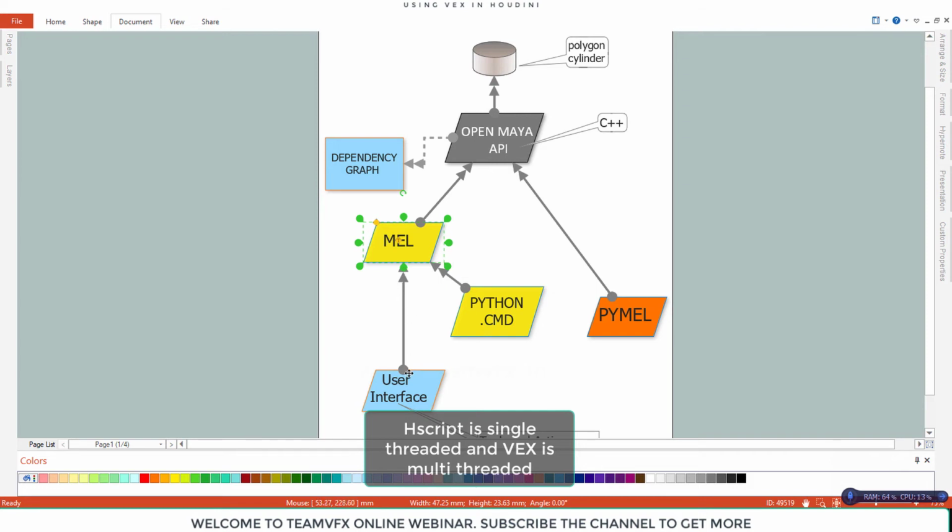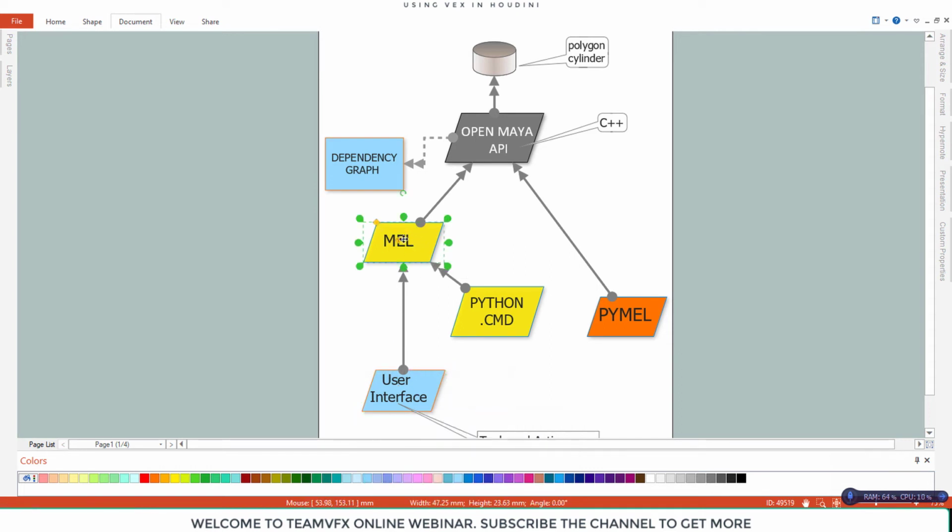And as we know, we have a connection going from the user interface to MEL. So whenever we want to create a polycylinder, we click on the user interface, and inside Maya the MEL runs. And after MEL runs, what MEL does is run the main core programming of Maya, that is the Open Maya API, application programming interface. That is the core concept of Maya for creating any plugins or input in Maya. If you want to make any tool, you can write code in the Open Maya API, and that is totally C++ programming.